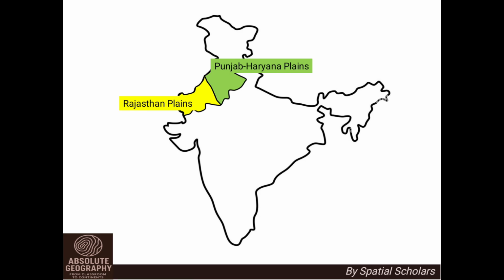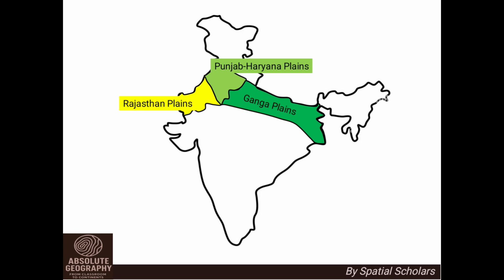Moving on, we have Ganga Plains forming the central part of the northern plains, stretching from Yamuna River in the west to the Bangladesh border. The delta part lies in West Bengal and Bangladesh. These are extensive alluvial plains formed by the river Ganga, as the name suggests, and its tributaries. It is flat, fertile and densely populated, supporting intensive agriculture.